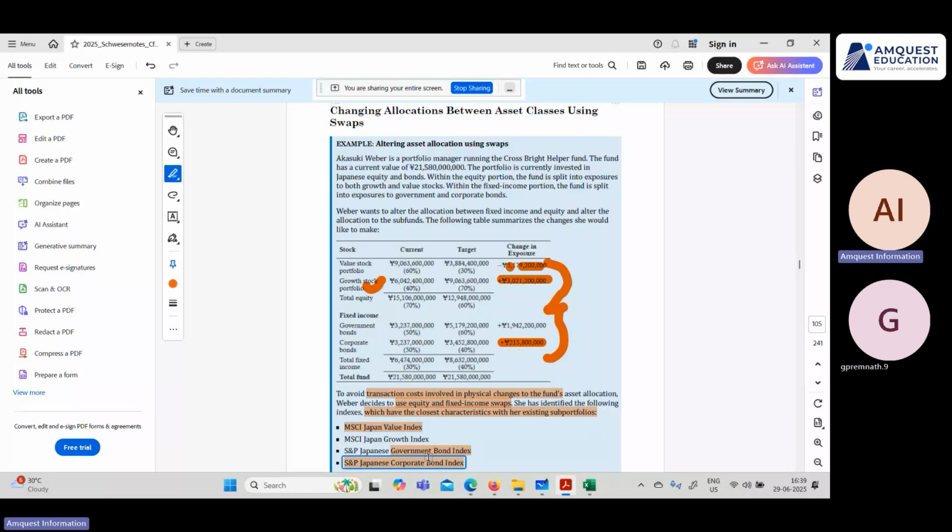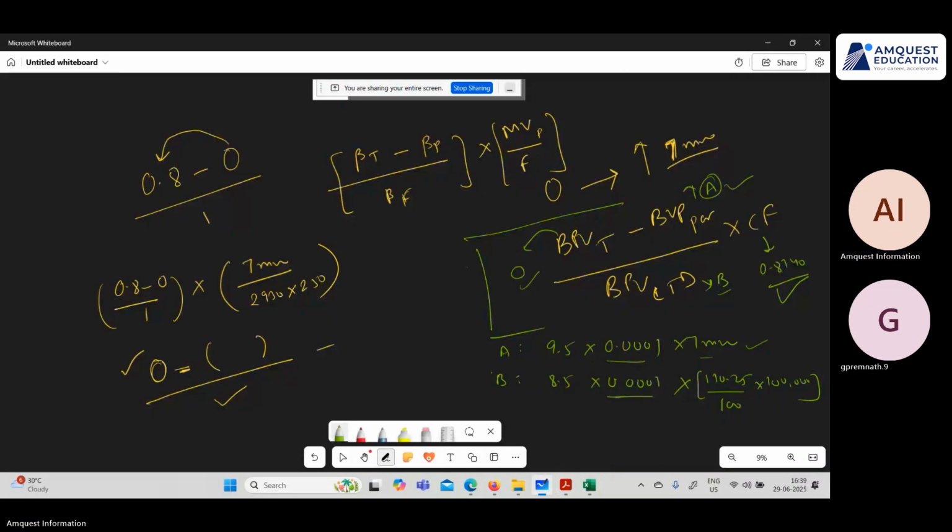So if we know the basics, if we know what needs to be done, then obviously in the exam they will not leave you hanging. They will tell you that the available options are this much, maybe a reference rate or something. So how would the transaction go, and would ask you to solve some questions. But at least you know what needs to be done, right? All right. The last topic in this is,